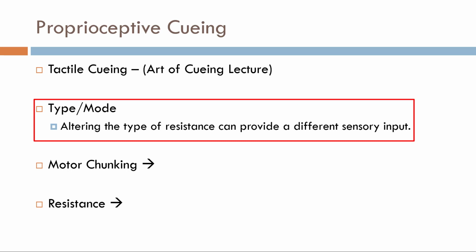Having different forms of the exercise can create novelty in the movement and help the client connect with the task. So you're altering, and the change can be radical, like going from a standing dumbbell press to a seated cable row, or you can slightly modify it to give a slightly different sensory input, like going from barbells to dumbbells for the same movement, or just changing the plane a little bit to create a different